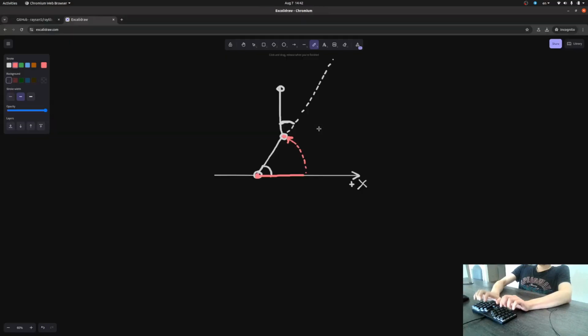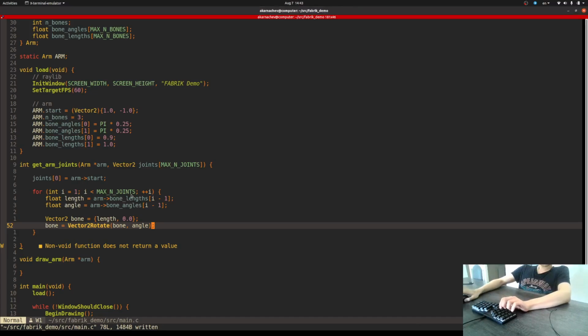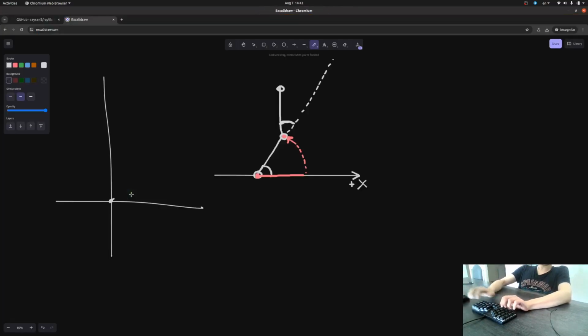Okay, and for now I have the following situation. I have some kind of beginning of the coordinate system, and I have this vector length and 0, 0. I rotate this vector,